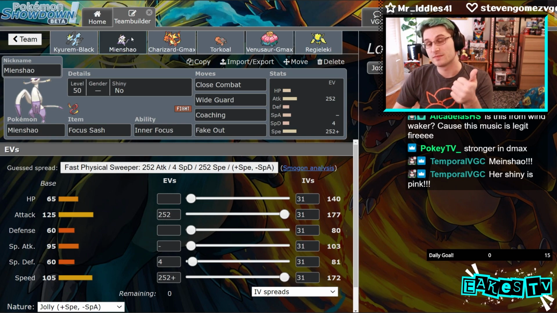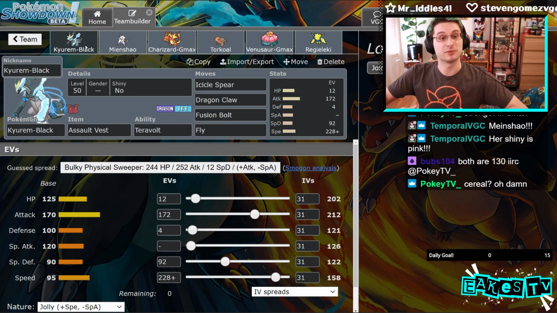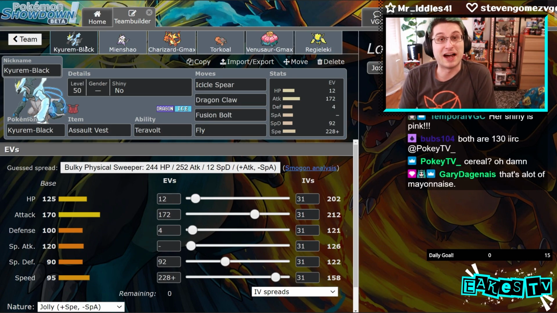Mienshao cannot get flinched, cannot get intimidated. Close Combat one-shots a lot of Incineroars that aren't EV'd to survive it, because they can't intimidate you with Inner Focus. And then I coach up Kyurem's stats, bigger. There are even a lot of turn 1s where I click Coaching and I click Max Airstream right at the